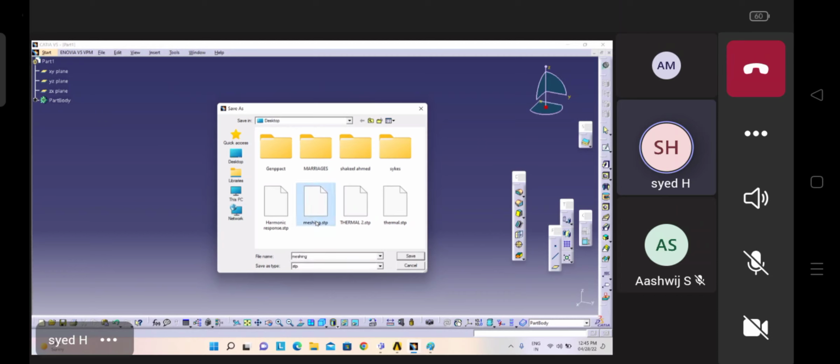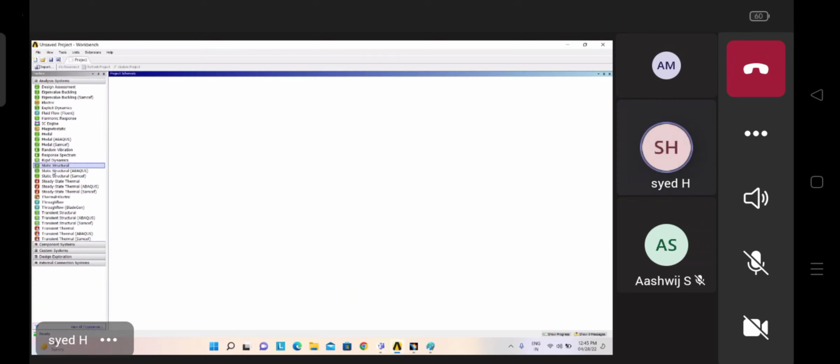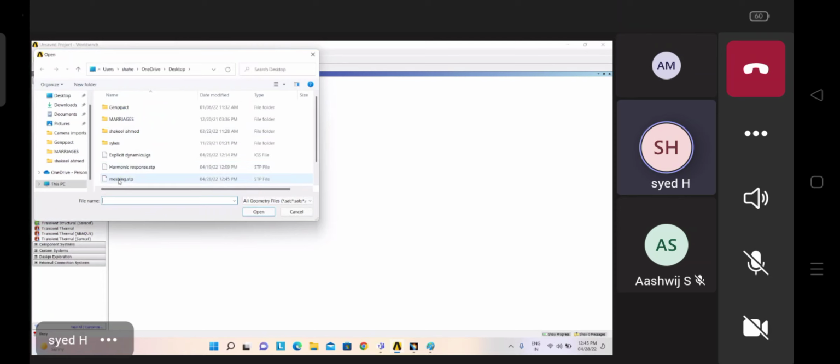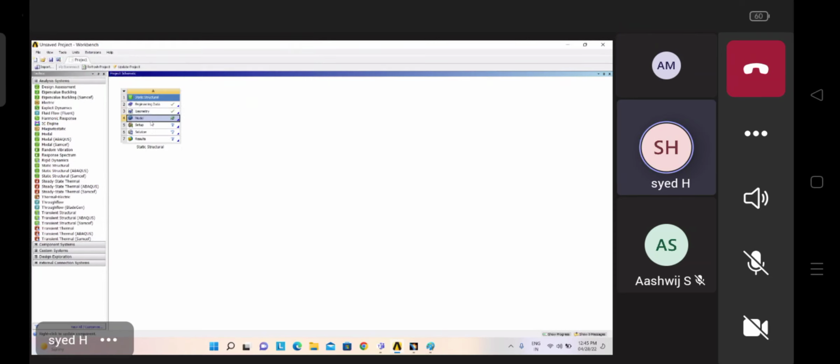STP format, mesh, structural, import geometry, then